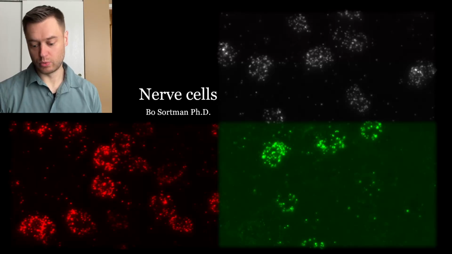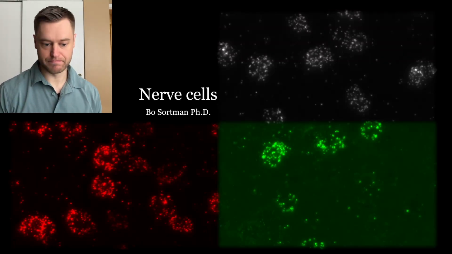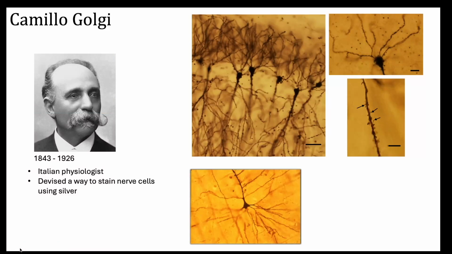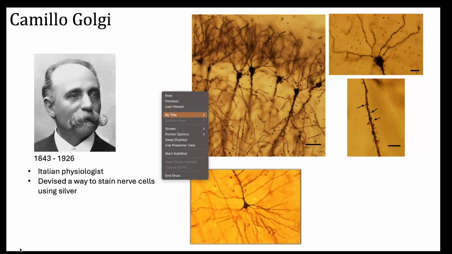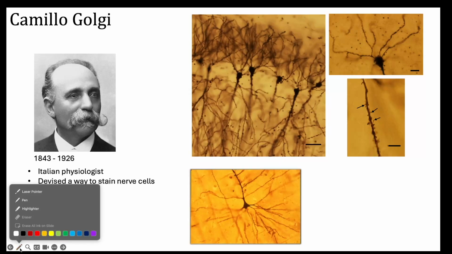Okay, so we are going to get into nerve cells now, and we first need to talk a little bit about the discovery and the ability to look at nerve cells with microscopy. So here is Golgi, and he was an Italian physiologist who figured out basically how to look at nerve cells